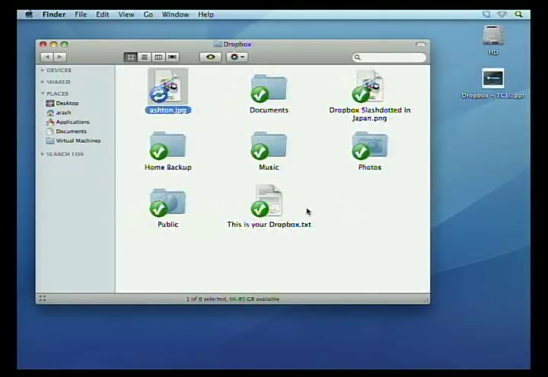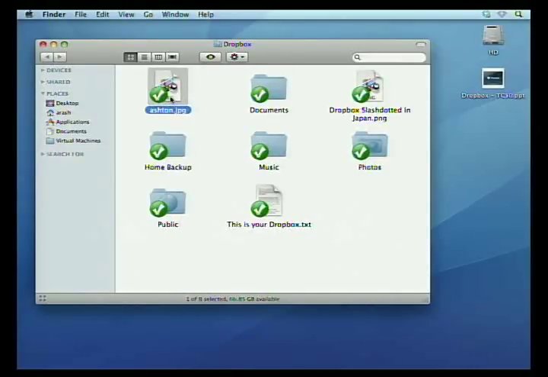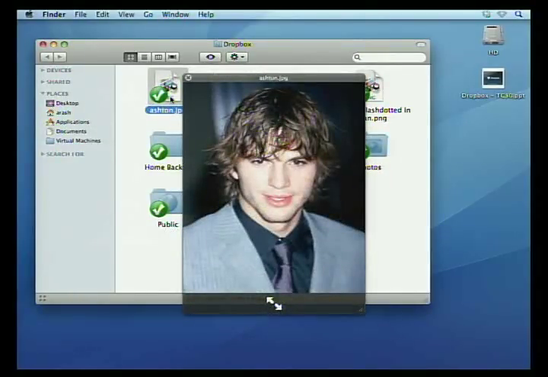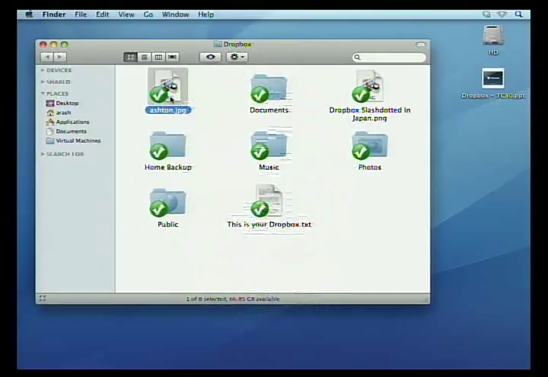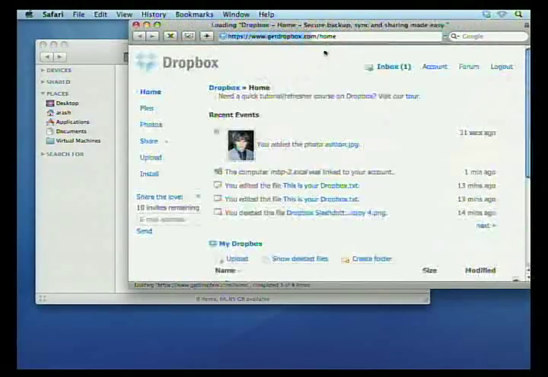So everything with Dropbox is drag and drop. So as soon as Arash drags in a file off of his desktop, so ashton.jpg, I immediately get a notification up here. And I know you can't see it back there, but I have Photoshop running here. And when I hit save and make a small change, that change will sync up immediately, or what I hope is immediate. Anyway, while we're waiting for that to come down, I just hit save on that file, and let me try. Well, the point is, we can make a change from any of these computers,